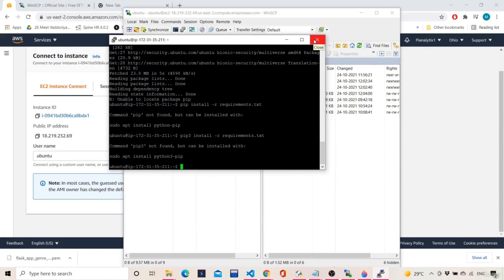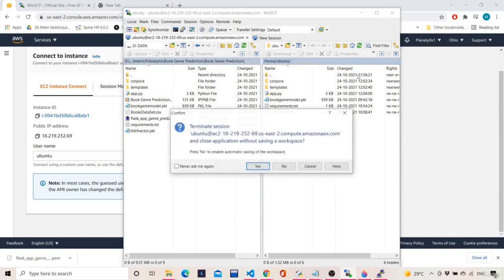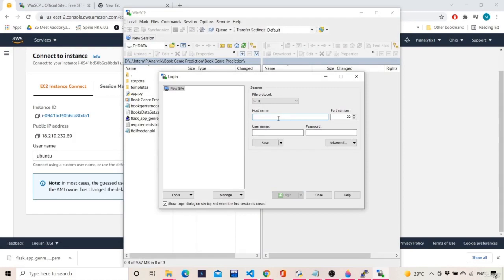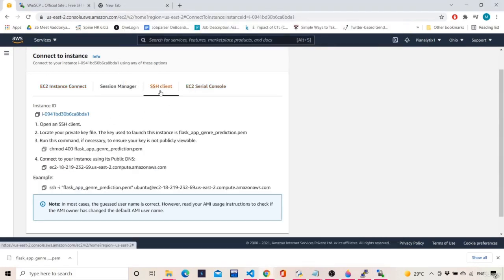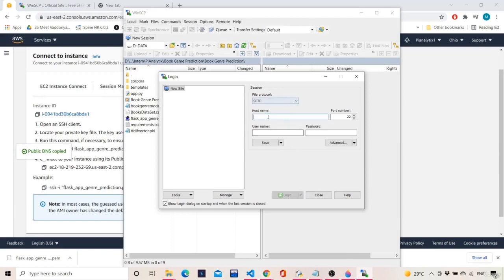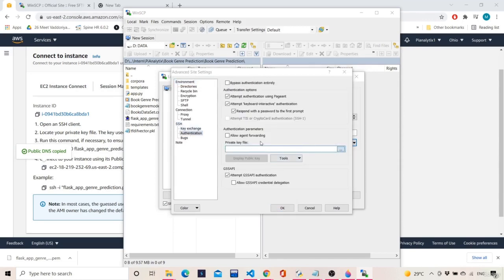What we need to do over here is, actually we didn't authenticate this basically. So we will close this entire thing and again open WinSCP. Then we give our host name from here, the SSH client public DNS, and the username is Ubuntu. Then we go to Advanced, then SSH authentication, private key.